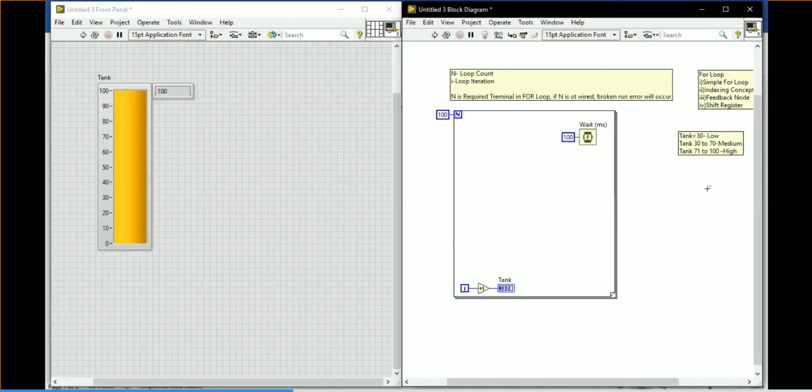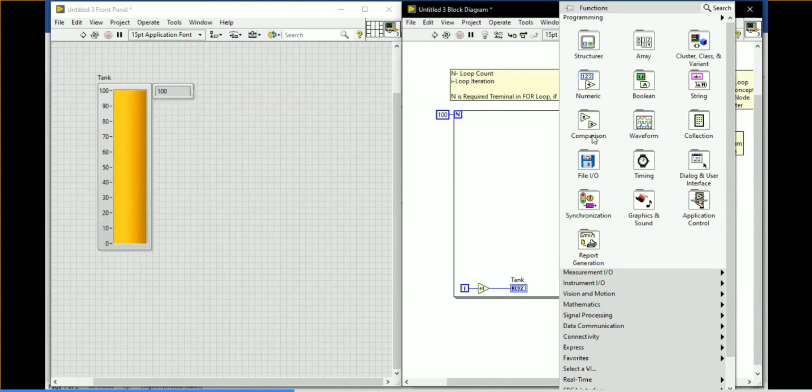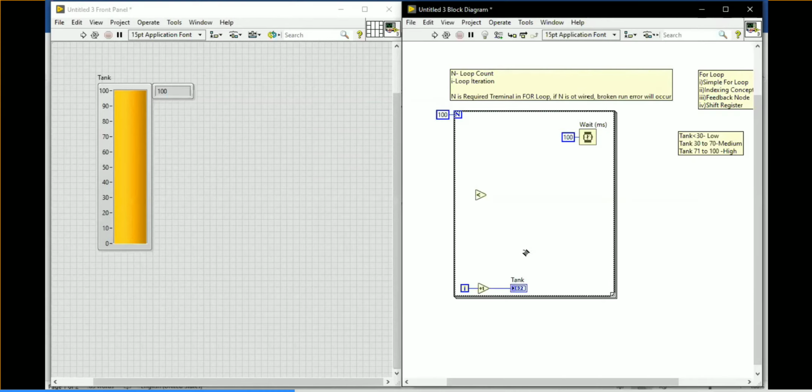How are we going to implement this? Very simple, normal comparison only. You are going to compare the tank value. Right click, go for comparison, take the first condition, less than, and connect the tank value. Remember, you compare the tank value with your set point, not the set point with the tank value.